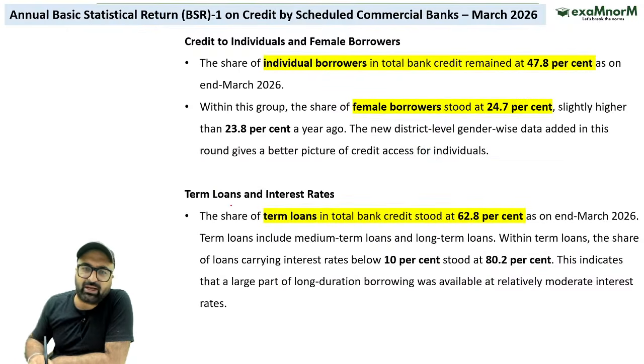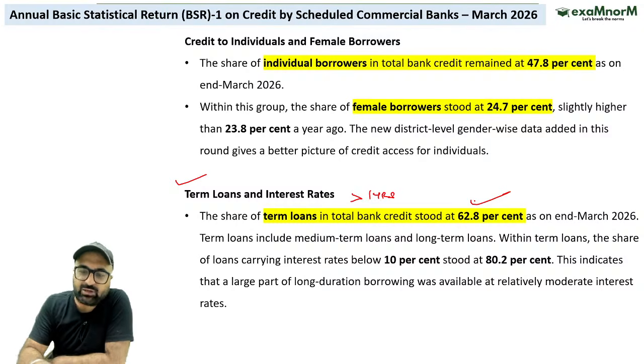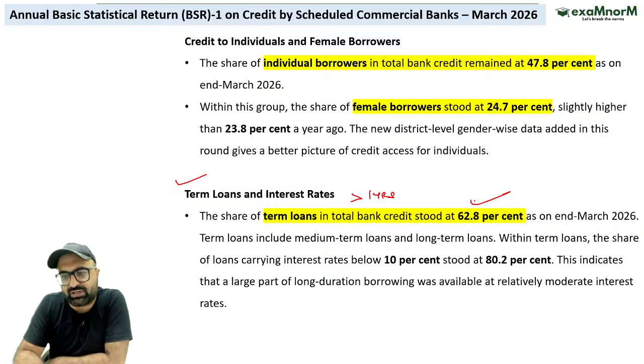उसके अलावा अगर मैं बात करूं in category of total loans, what is the percentage of term loans? So term loan basically means the loans which are of timeline greater than 1 year. So it is 62.8%. The rest of the loan is of timeline that is less than 1 year. So 62.8% is the total loan which is considered as term loan, which is termed as term loan.